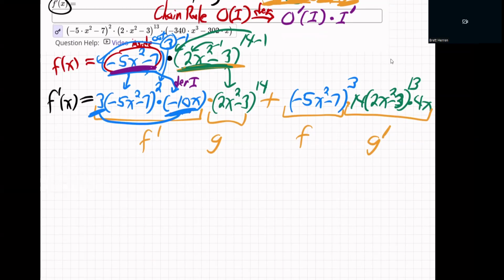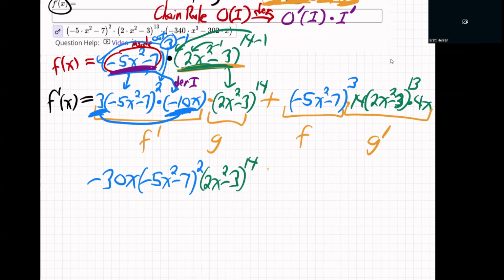Let me scoot over just a little bit. Minus 30x, right? 3 times minus 10. And then we have the minus 5x squared minus 7 squared, and the 2x squared minus 3 to the 14th,